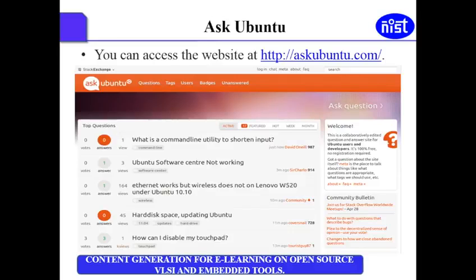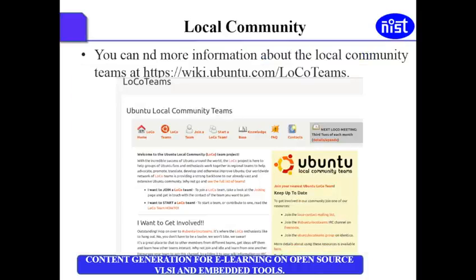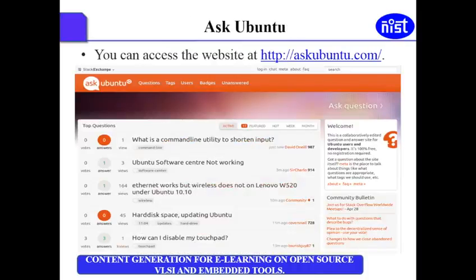And this is the snap of Ask Ubuntu, where you go to the link askubuntu.com, where you can ask so many options. You can see so many queries here. So you can directly even go to the queries and find your answer without having a personal question or personal queries, which generally people face.